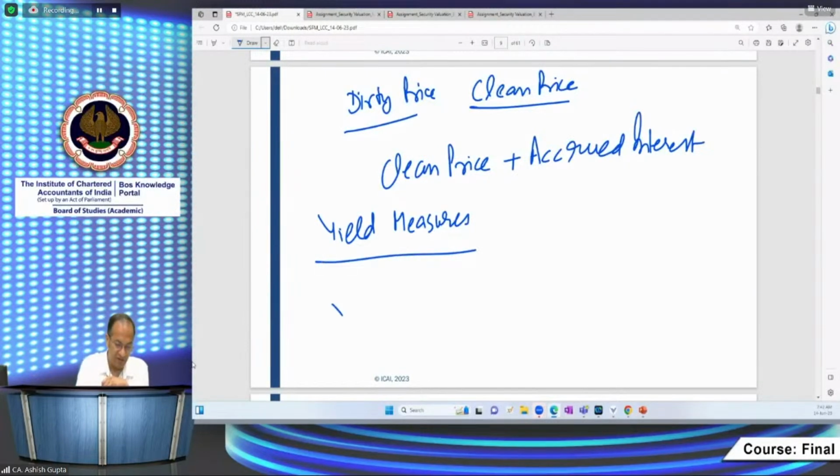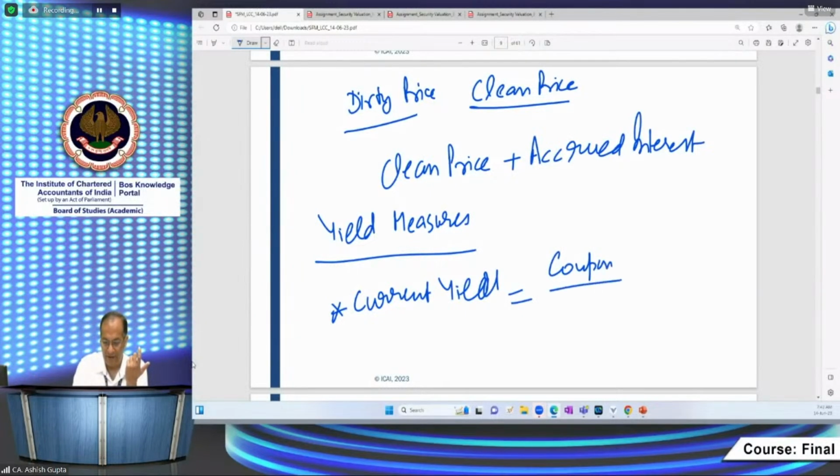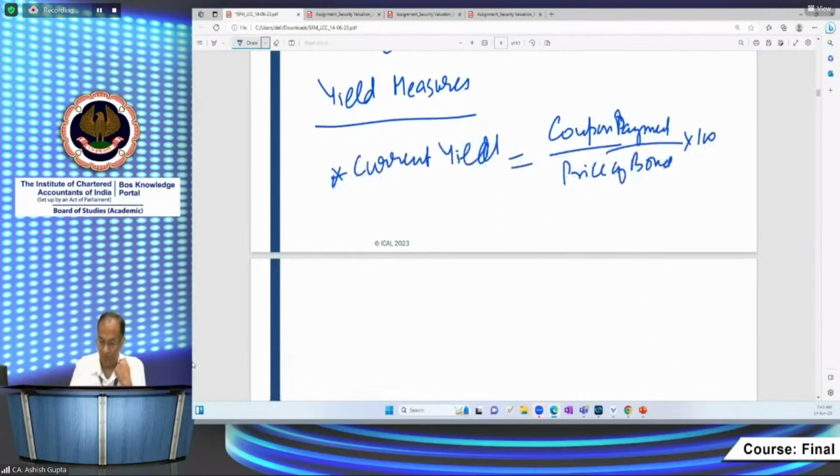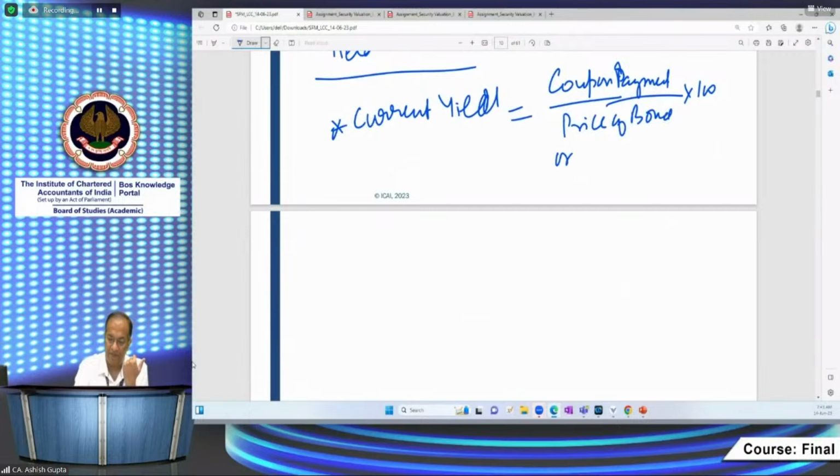Now first is called current yield. Now current yield means you simply say coupon payment divided by price of bond, into 100. So price of bond, or you can say current market price,